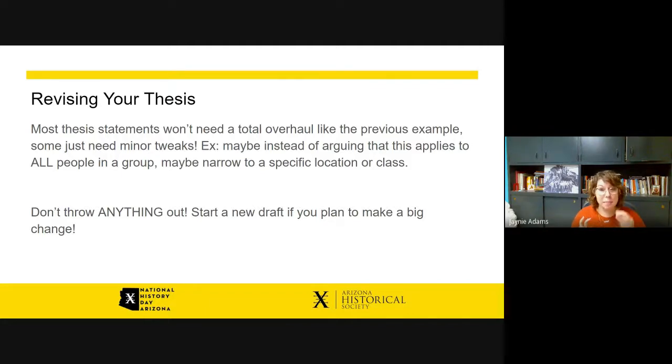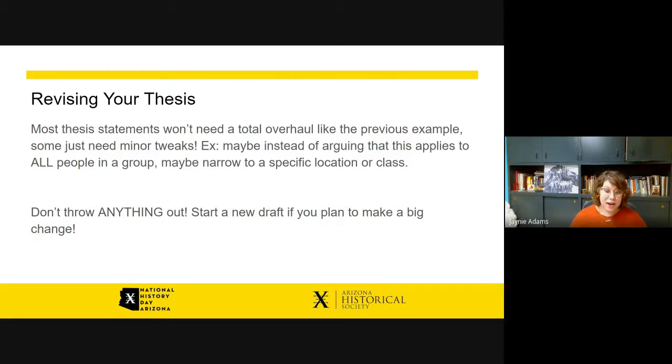If you want to delete a paragraph, copy and paste it into another document, or use the strike through feature, right? Use the track changes feature and delete that. So you're not actually losing that material. It still exists. It's just not in whatever space you're using to visualize your project.